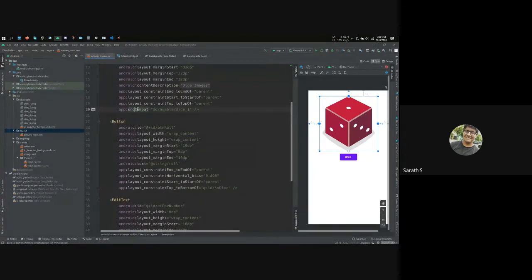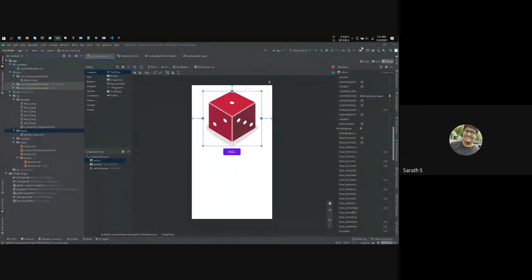SRC is basically, if you have done web development, you would have heard SRC is short for source. So the source for the image. And we'll be looking at how to add these images later on. So yeah, those are some common attributes we'll be using in views. You could look into more attributes, more views on your own in the course as well. The course explains all of these items in detail, so you would understand when you're going through the course.